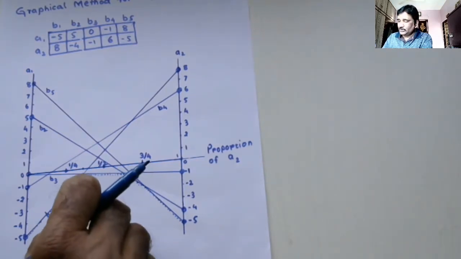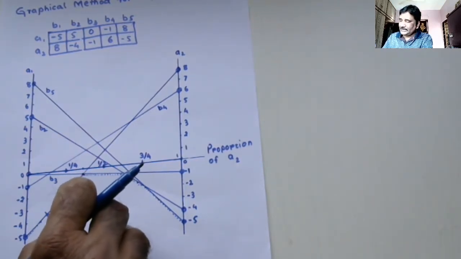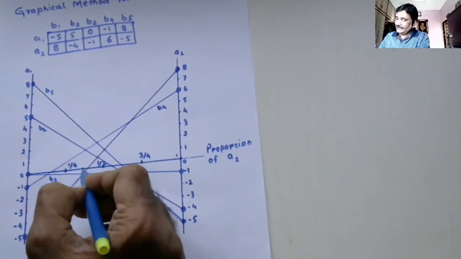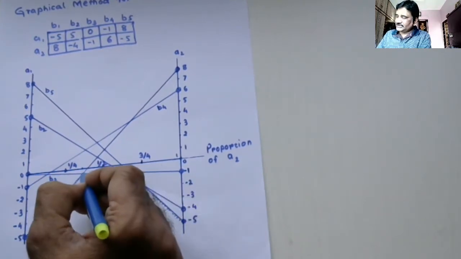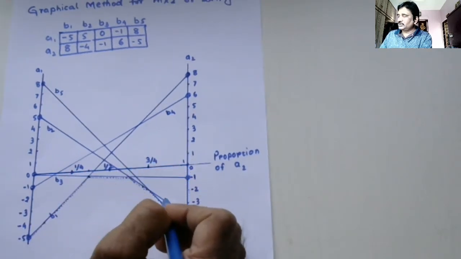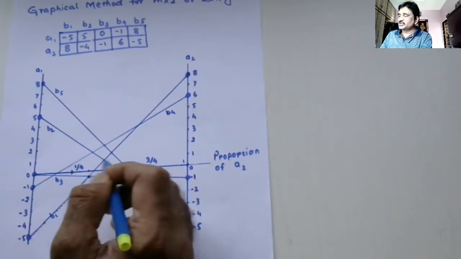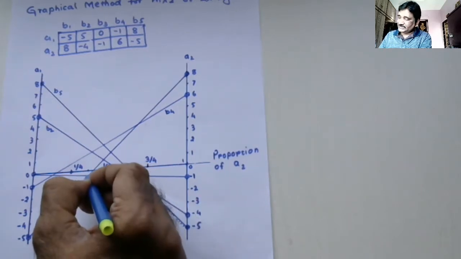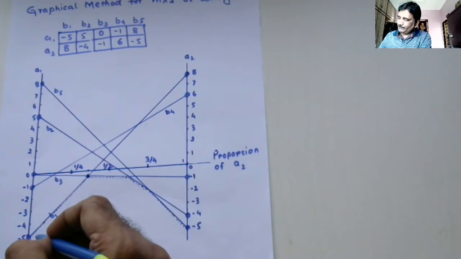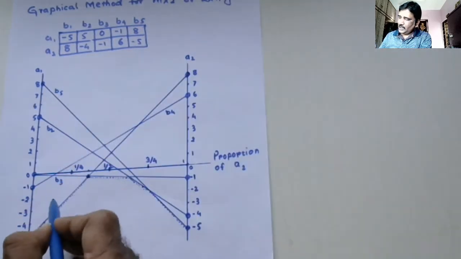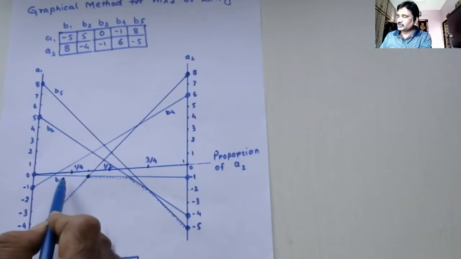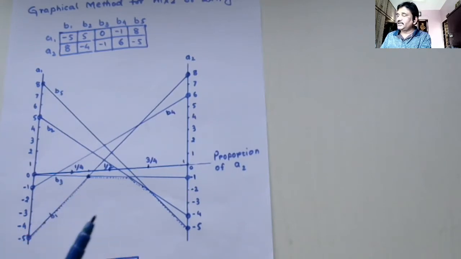Okay, even though this is the zone of play for player B, player A takes his own decision based on the maximum point of this dome. Okay, and the maximum point is this one, and this is the intersection of what? B1 and what is this? B3. Course of action B1 and B3.